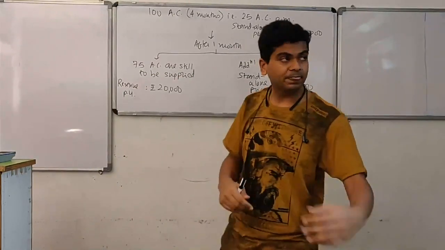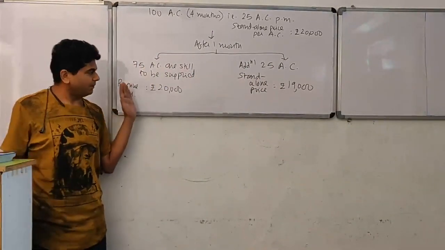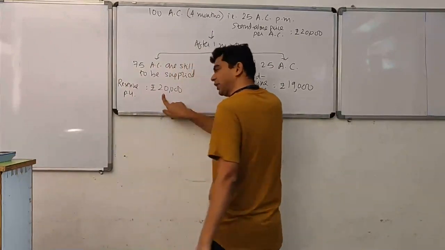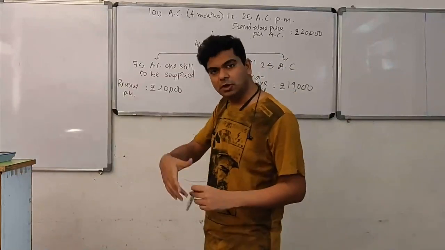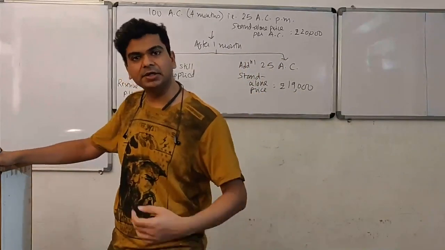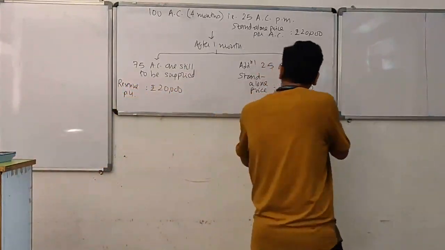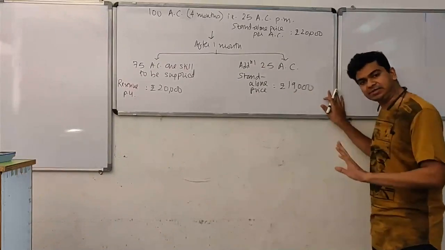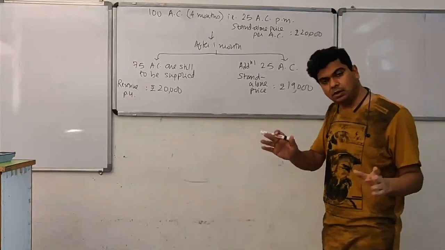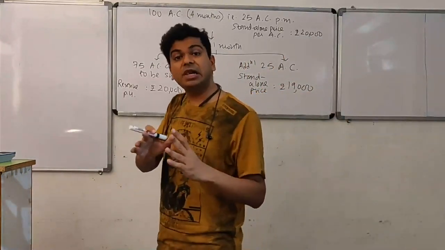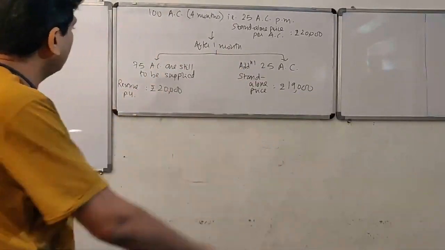So what has happened over here? As far as the original contract is considered, 75 units are still pending to be supplied, which I will be supplying at 20,000 rupees per unit. My customer says that I want another 25 air conditioners. I tell my customer that okay, I will supply another 25 air conditioners, and this 25 air conditioners I will supply at the existing price, and that existing price is 19,000. Let's say my customer says okay, everything is fine. So just see this. We will consider this as a modification of the contract.